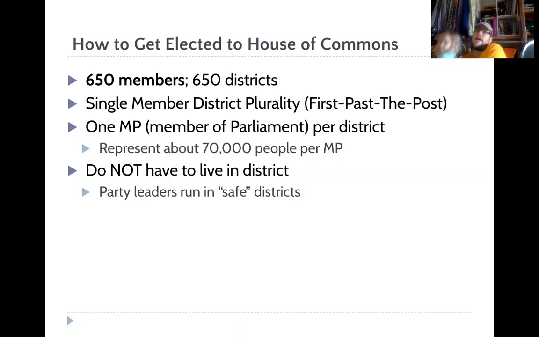This means to guarantee that the party leaders can stay party leaders, they run in safe districts. So the Conservative leaders or the Labour leaders will run in the districts that are always, always, always going to